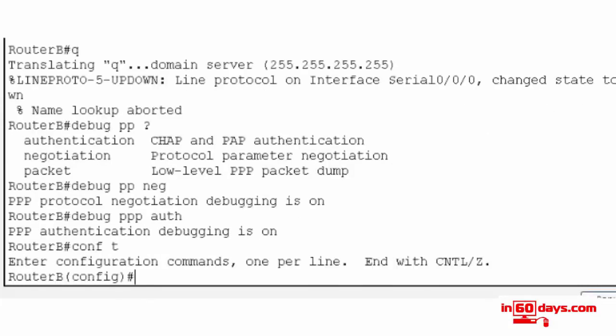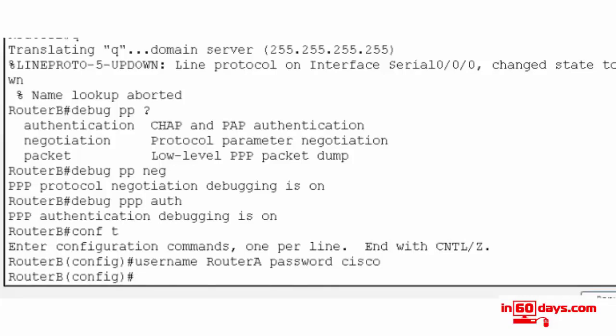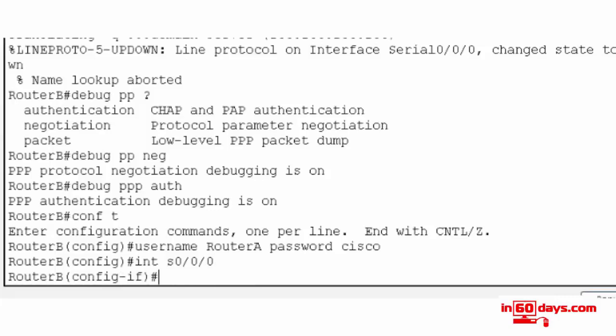Conf t, username router A, password Cisco. And now I need to go into interface serial 0/0/0, encapsulation PPP. Oh, the other thing I didn't do,